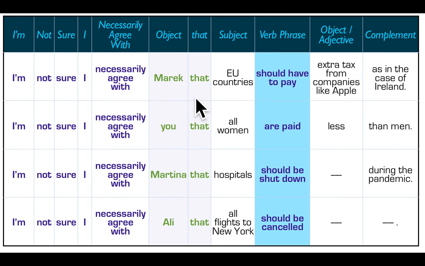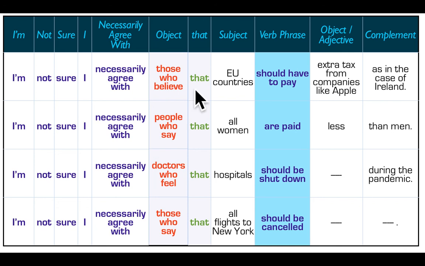Now, to make it less personal, we could take out the names and say something using an impersonal phrase like, I'm not sure I necessarily agree with those who believe that. I'm not sure I necessarily agree with people who say that. I'm not sure I necessarily agree with doctors who feel that. I'm not sure I necessarily agree with those who say that. So these are some rather impersonal phrases about people who may have this opinion, but nobody said it to you directly. So these are very good, obviously, for essays, and you'd be able to use this phrase to talk about